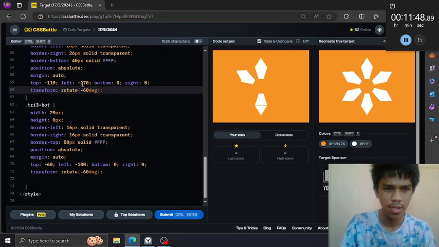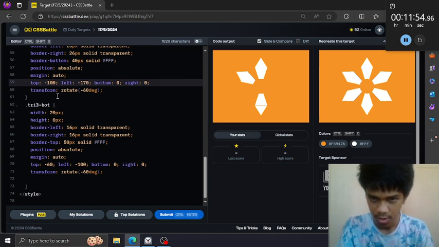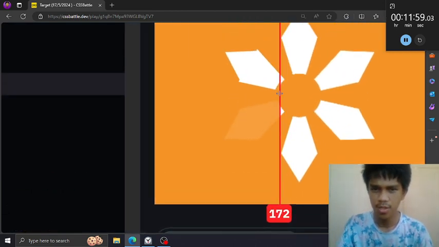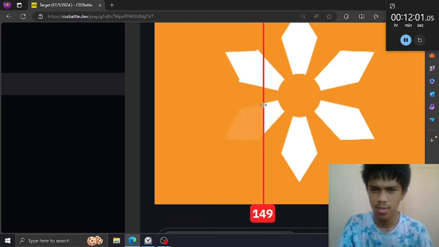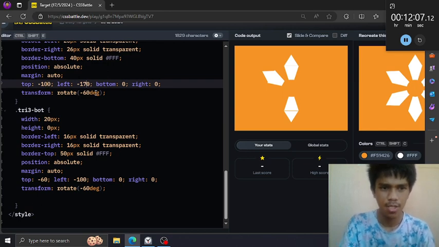Then push this downwards, and yeah, it's stable right now. Just push this on the right.